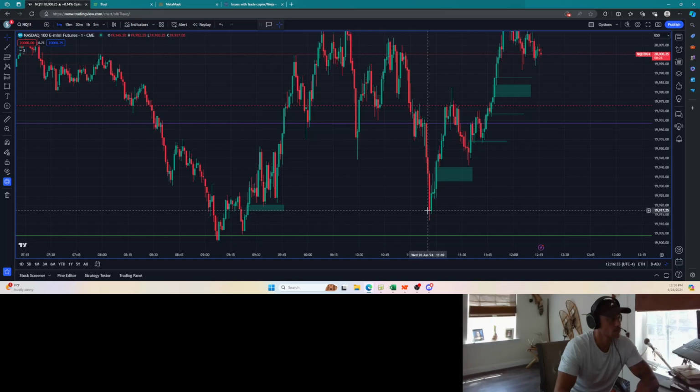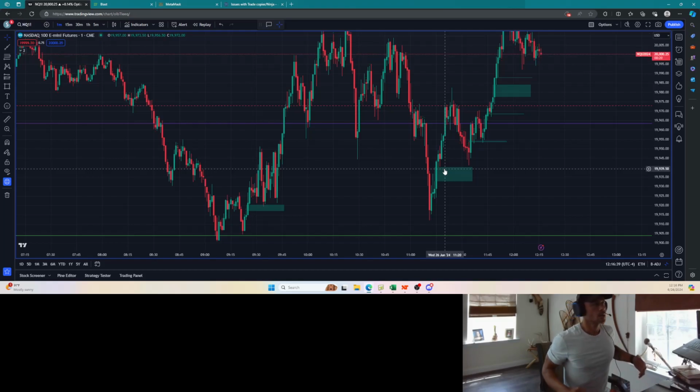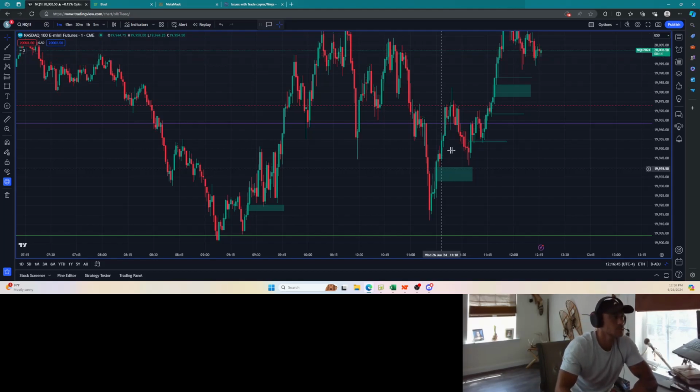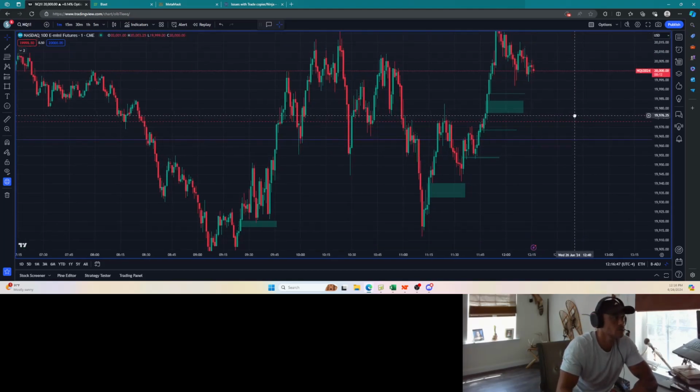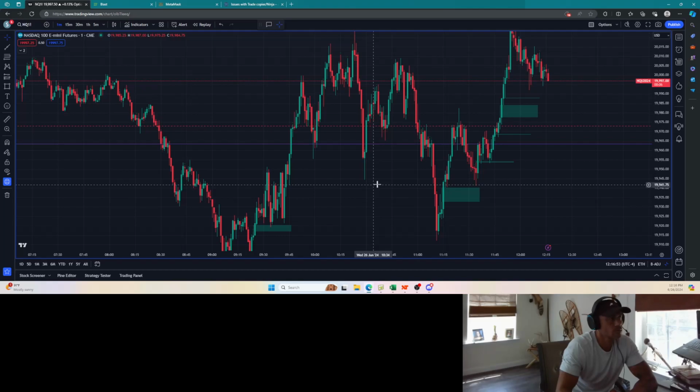Thinking that they're going to pop it, and that's an inversion. I do that a lot, and then end up creating an inversion gap too. So there's lots of ways to do it, but one of the clean ways is to let these gaps form, and when they are inverted after sweeping a low or a high, that's when you look for an entry because